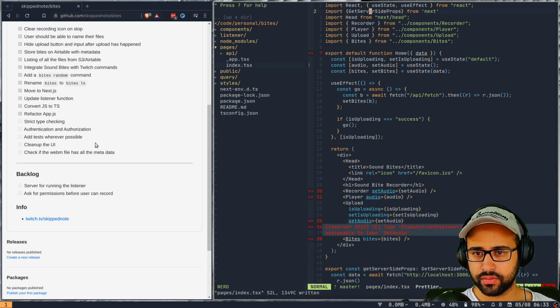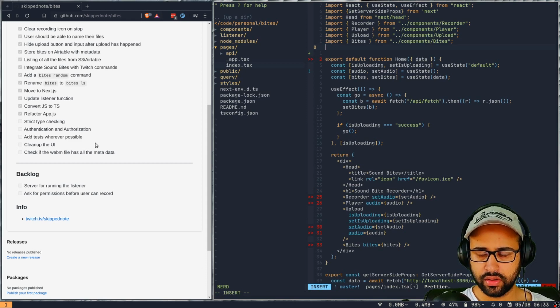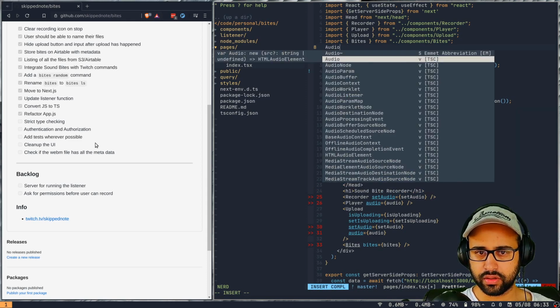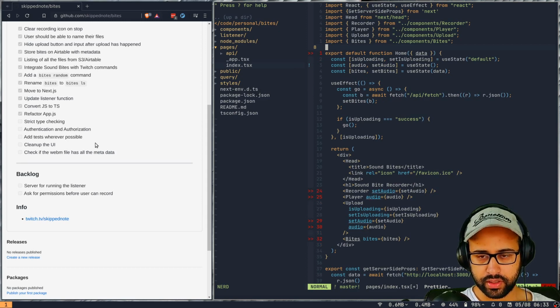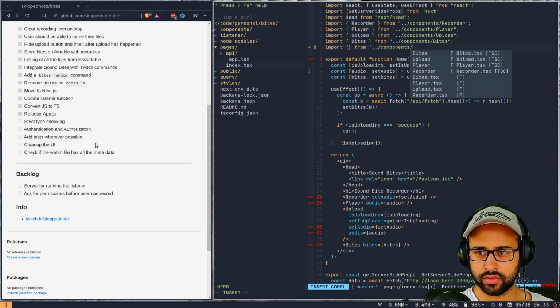So audio, actually, we can probably type it out, let's see, if we import the audio interface... don't want this either. Okay, it's not importing the right thing. So let me import the audio interface from, I think, components, I think it was upload.